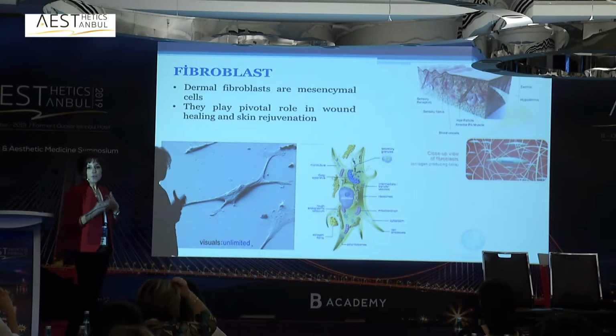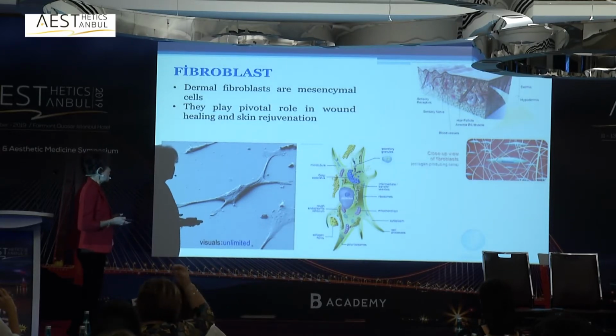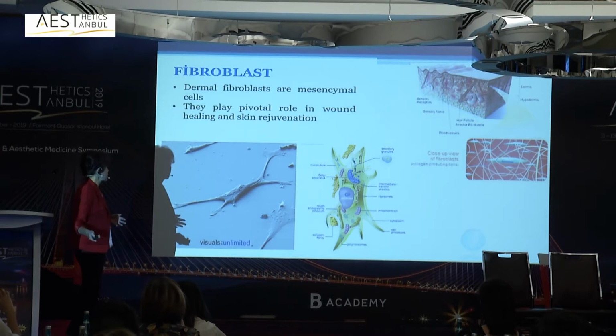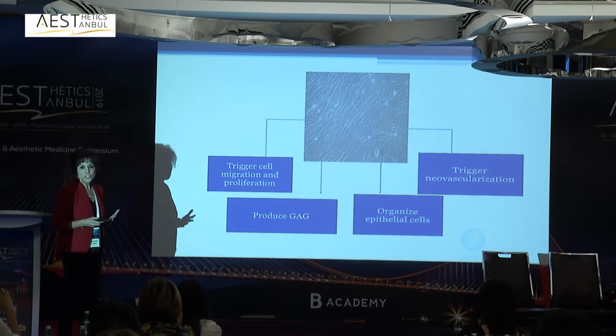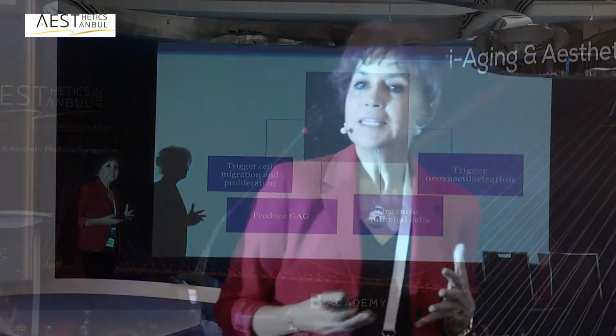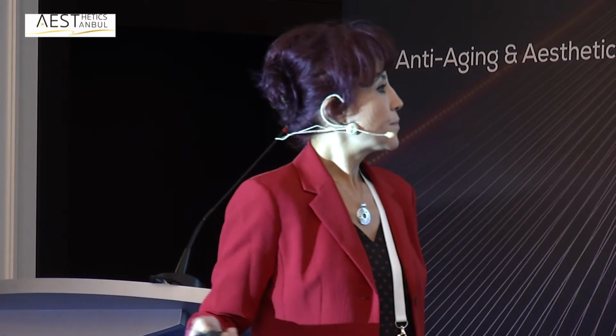Okay, so we all know about fibroblasts, dermal fibroblasts. They are mesenchymal cells playing an important role in wound healing and skin rejuvenation. What they do, they trigger cell migration and proliferation, they produce collagen and hyaluronic acid, they organize epithelial cells, and they trigger neovascularization. So that's why